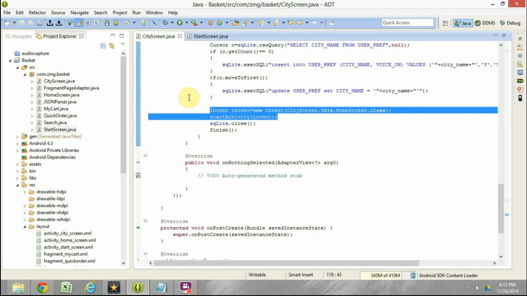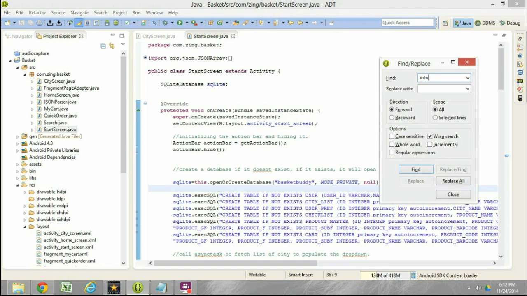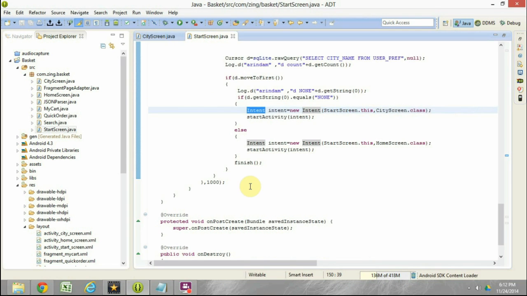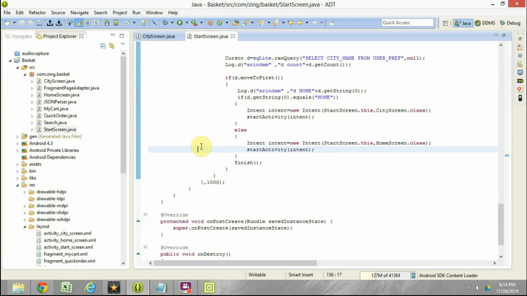Now we need to uncomment these 2 lines so that the city screen will call the home screen as the next activity to be called once the user has selected the default city. Now for second or subsequent logins, we have defined it that way that it would not go to the city screen, it would directly go to the home screen because the user would have already selected the default city. So these 2 lines of code would have been commented out. This is in the on post execute. So we need to uncomment these 2 lines of code. So now what we are going to do is we are going to execute this code,